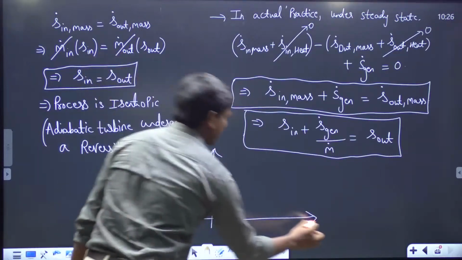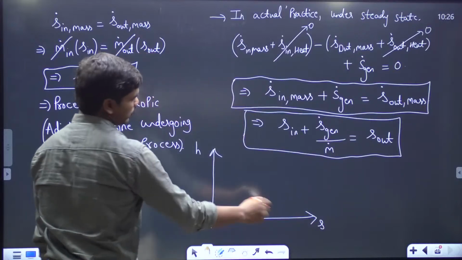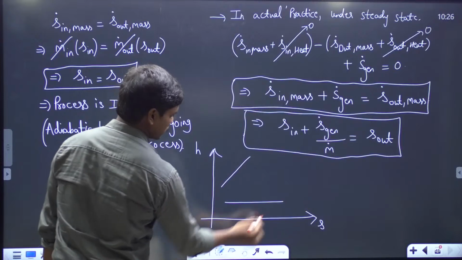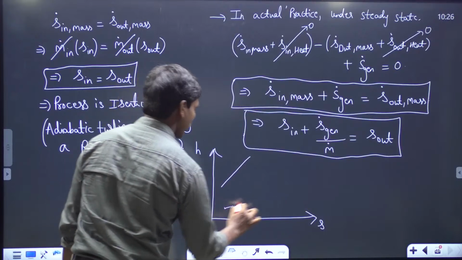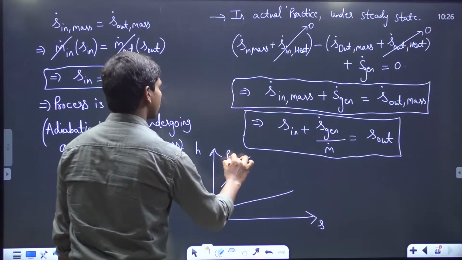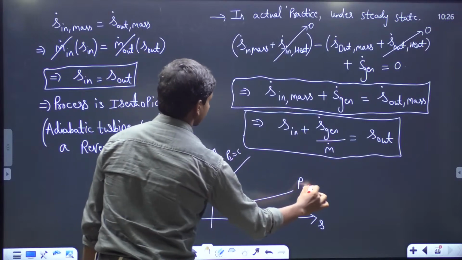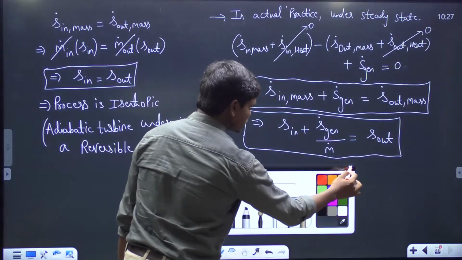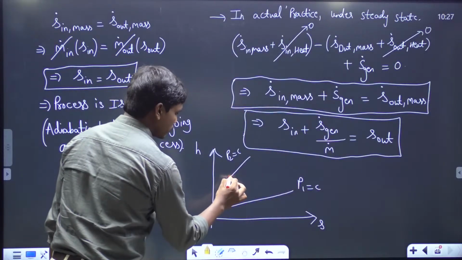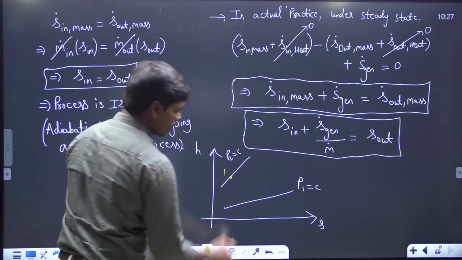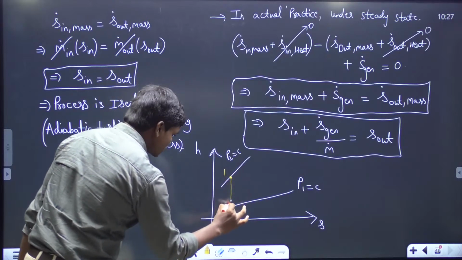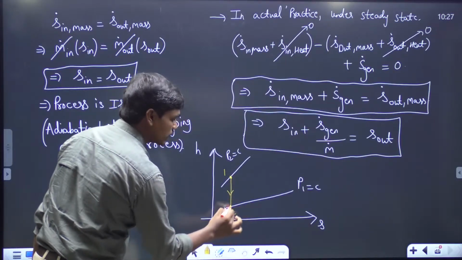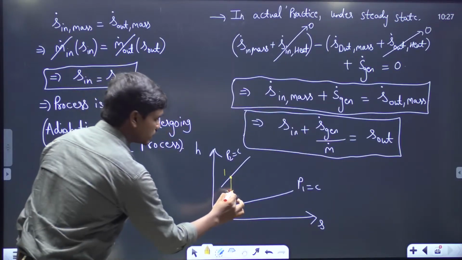Let us suppose I am plotting enthalpy and here it is entropy, and let us suppose two constant pressure lines, something like this. This is looking like a pure straight line. So this is P2 equal to constant at some higher pressure, and this is P1 equal to constant. Now see, if you take the initial reversible case, if this is state 1 at higher pressure, that steam, or whatever the working fluid is here, should expand to state 2 isentropically, correct? Because you can see here clearly,